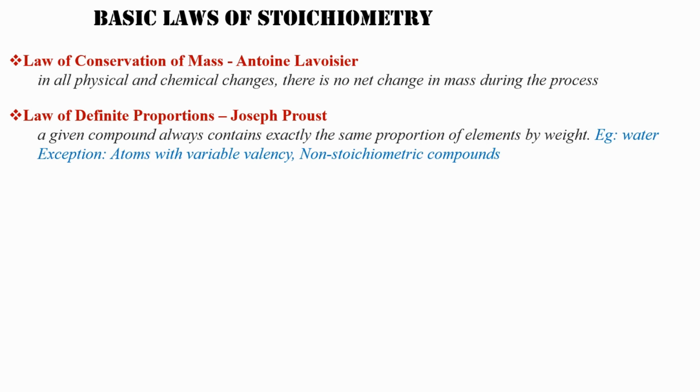The first one, law of conservation of mass, is extremely simple. Antoine Lavoisier has done it. In all physical and chemical changes, there is no change in mass. The physics law of conservation of mass, meaning நீங்க x grams of reactant எடுத்தீங்கன்னா x grams of product தான் கிடைக்கணும் உங்களுக்கு. Combined reactant and combined product. For example,